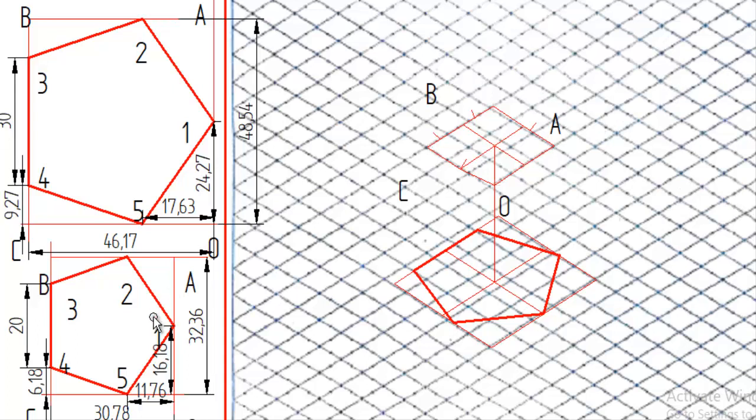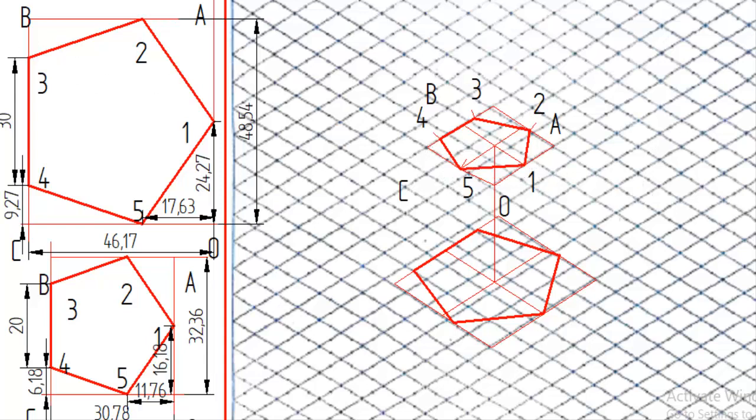First you can move the namings for the confirmation. Here 1, and this point is 2, and this point is 3, and this point is 4, and this point is 5. And now join all these 5 points with a visible line, that is from 1 to 2, 3, 4, 5 and back to 1.